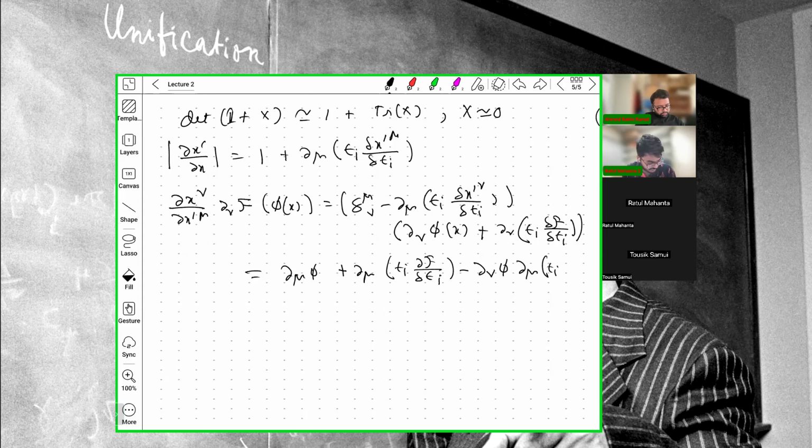At linear order, you can see anything which is square in epsilon, I am dropping, because epsilon square is smaller than epsilon for our case. Okay, so these are the properties, and we wanted to compute S of phi prime, and this is nothing but now 1 plus